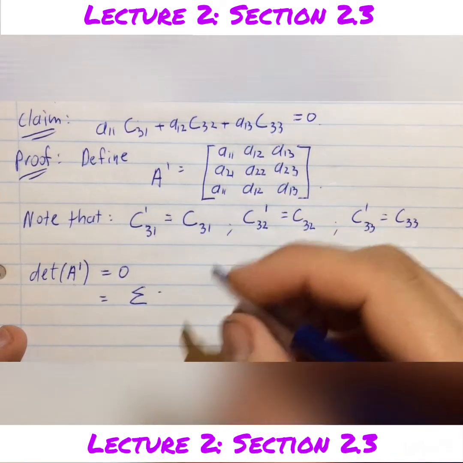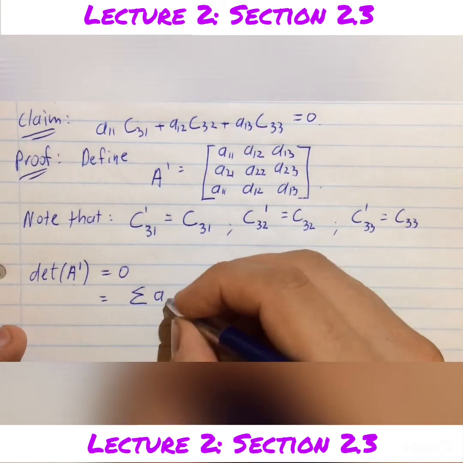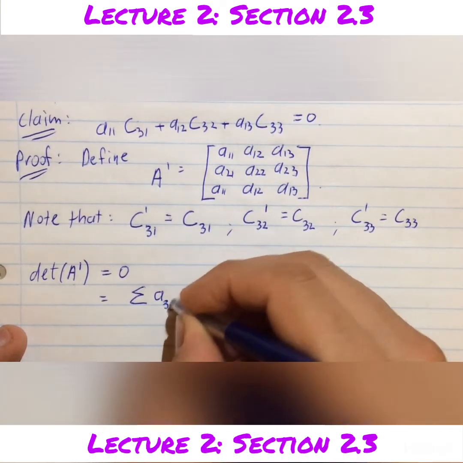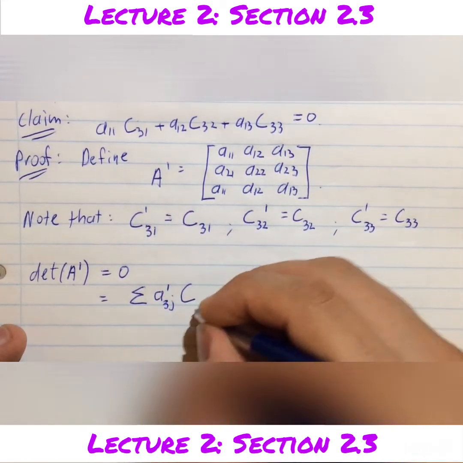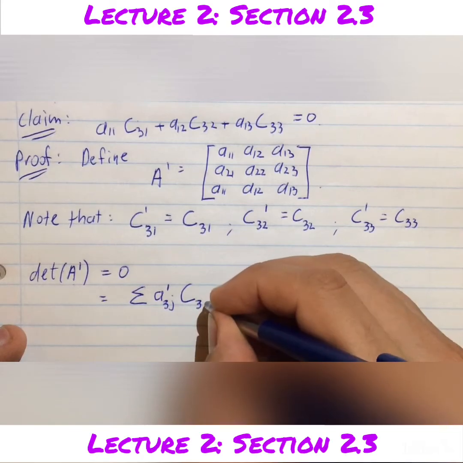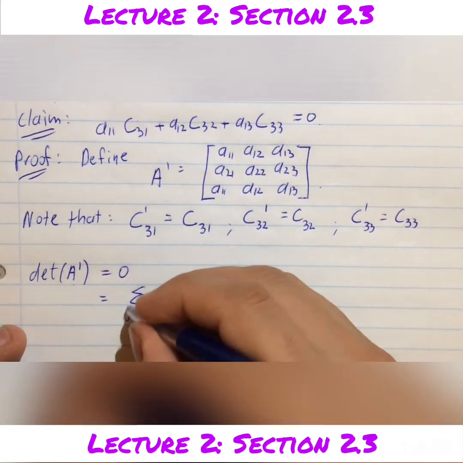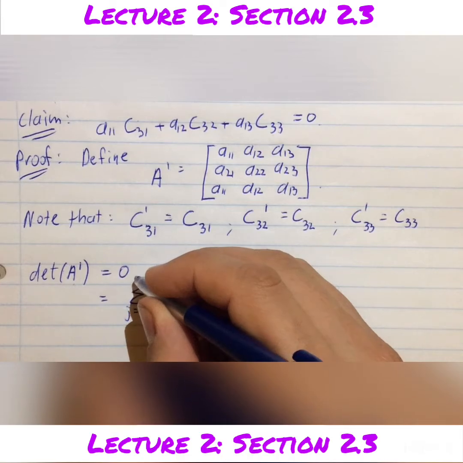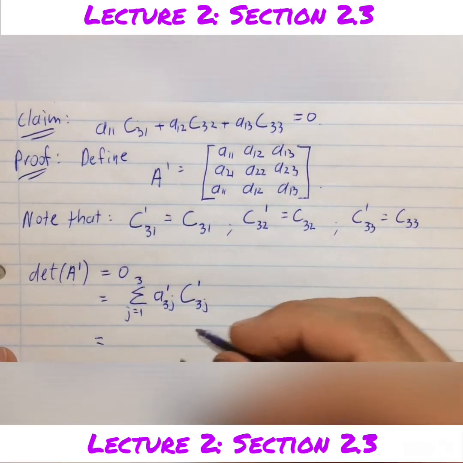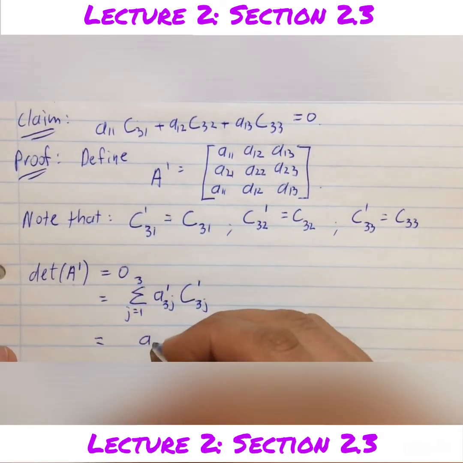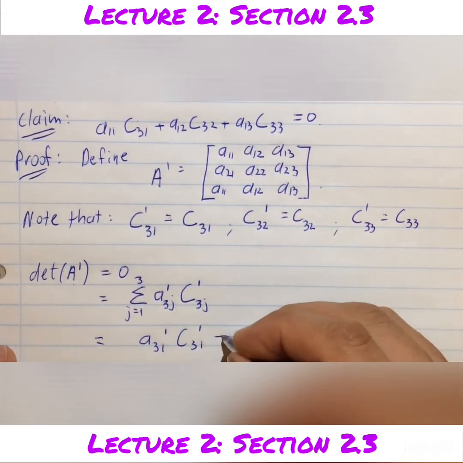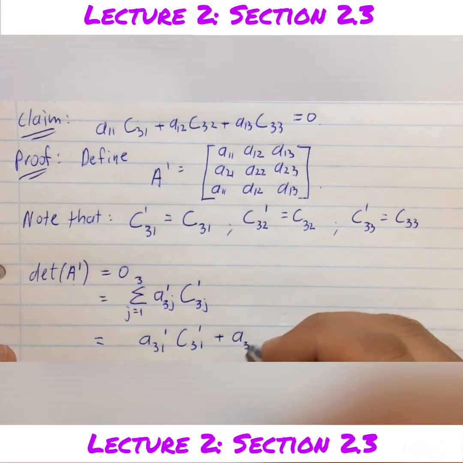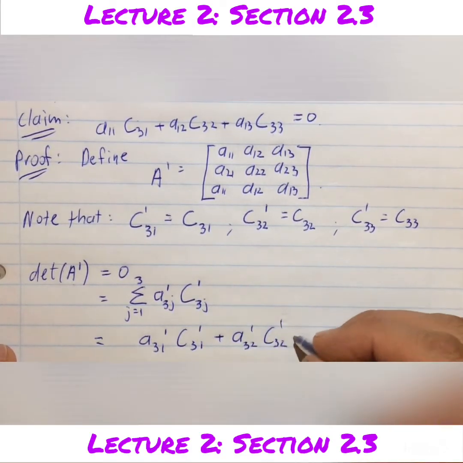That is going to be the entry in the third row in the jth column of this matrix A prime multiplied by the cofactor of the entry in the third row in the jth column. And j is going to run from 1 up until 3. Okay, now if we work that out, that is simply A31 C31 plus A32 C32 plus A33